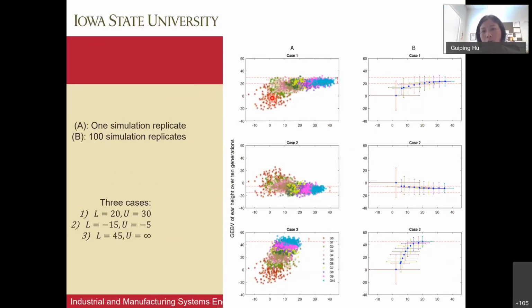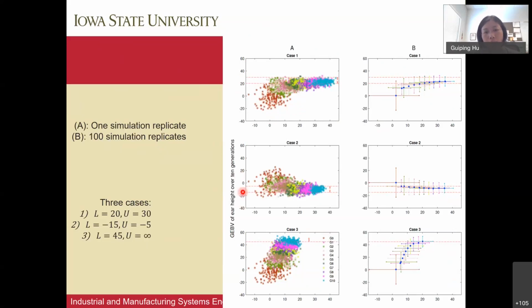As it goes, the x-axis is one of the traits, that's the yield. We want it to be as high as possible, so the further right it goes, the better it is. The y-axis is the second trait. In this specific scenario, we're trying to control it to be within 20 and 30. So that's the first scenario. We want to breed this type of population to be as high yielding as possible, as well as keep the other trait within a range.